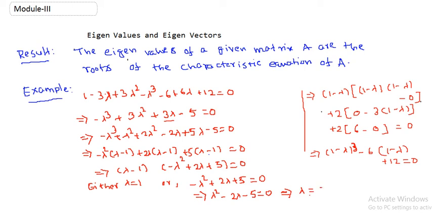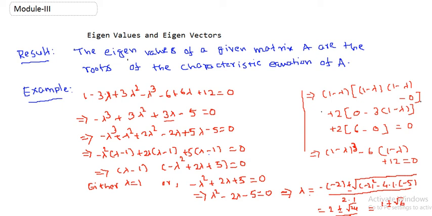So we get minus of minus 2 plus minus the square root of b square minus 4ac. So minus 2 whole square minus 4 into 1 into minus 5. So that's good. And divided by 2 into a, so 2 into 1. So we get 2 plus minus, so 4 plus 20 is 24, by 2. And from there if I take 2 outside, 24 is 4 into 6, so 2 will be outside, we get plus minus root 6, basically 2 will be cancelled out.